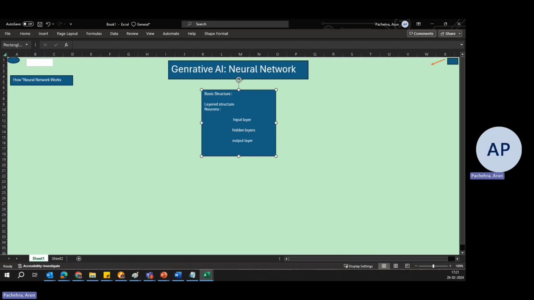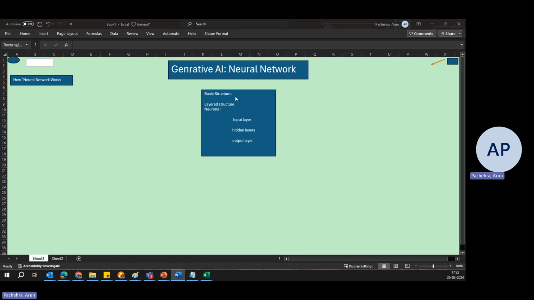And what happens in the output layer? Well, it produces the final output of the neural network, such as a class label. If you remember, label was the classification task, and a continuous value was a regression task. So the kind of output we are looking for, the same kind of output it will provide to us as the output of the neural network. If it is a classification task, then it would be a label, and if it is a continuous value, then it would be regression.